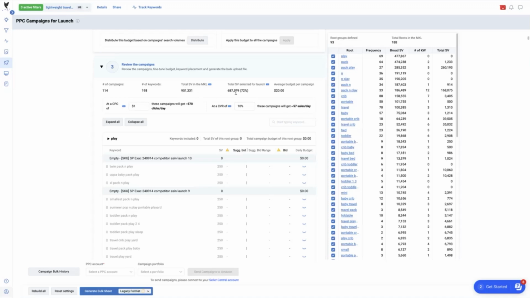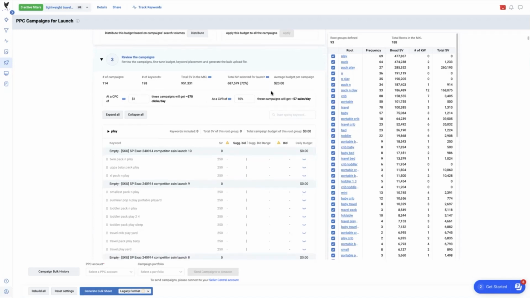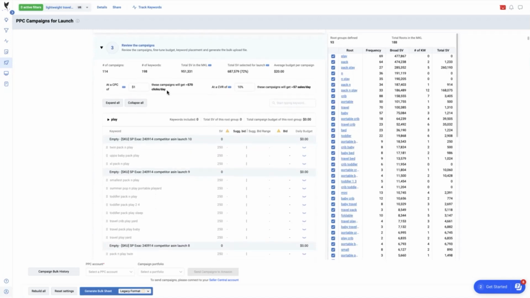Now we can see the average budget of 20, and there's also a computation of the cost per click. Then you will get 570 clicks per day, which can translate into a conversion rate of, if you set it to 10%, then you will be able to estimate that you will have 57 sales per day